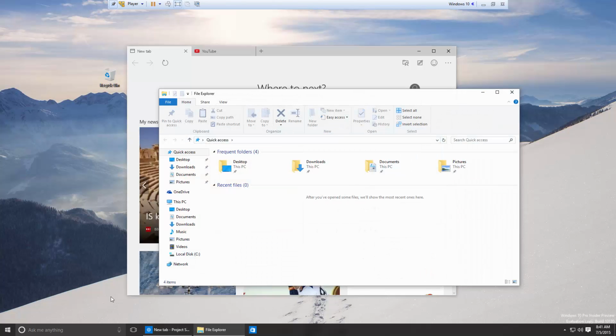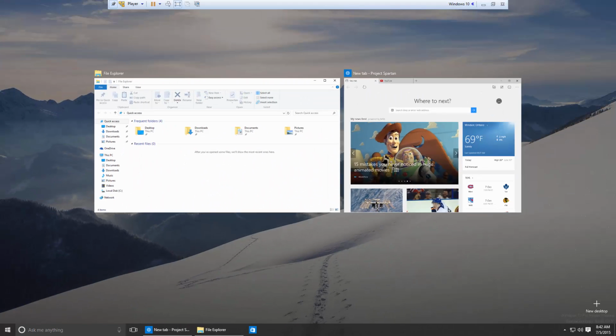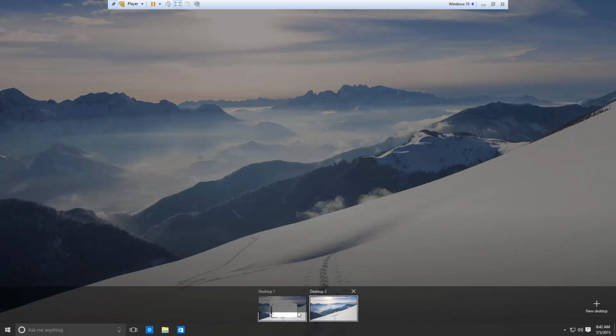So the next thing is probably one of my favorite new features, and it helps out people who multitask. By clicking this little thing right here, it's called Task View. Very similar to Android or iOS's multi-view where you can see all the apps that are open. By clicking this, it brings up a tiled view of what is available. Now if you go to the bottom right hand corner, you can hit New Desktop, which allows you to have